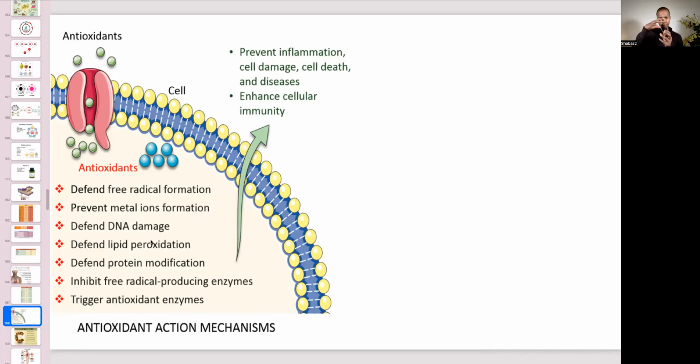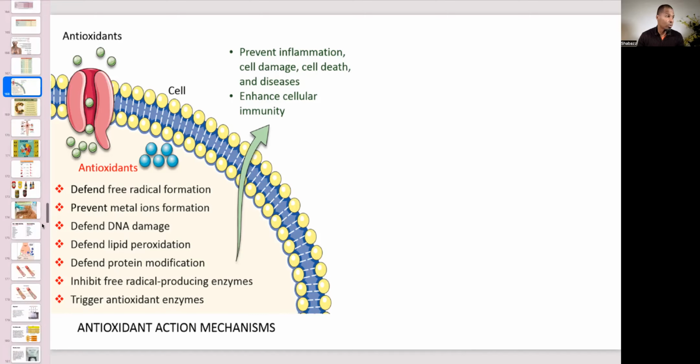So we want to defend the cell walls from the free radicals coming in, destroying the cell wall, because once you destroy the structure, everything else crumbles down. So we want to keep the mitochondria intact in order to burn all those wonderful nutrients that we're going to be putting in, especially from those two lists that we looked at, water-soluble vitamin C, fat-soluble vitamin E. In order for them to work, make sure that you're always putting in those wonderful nutrients.